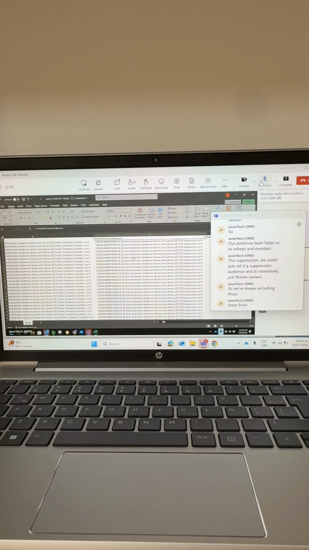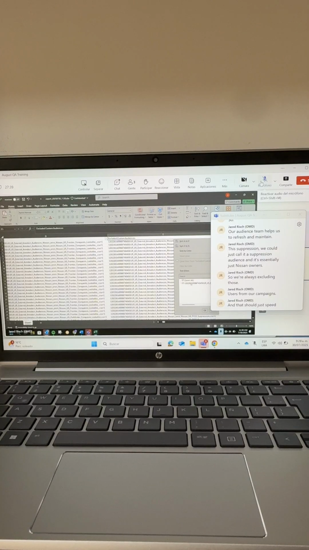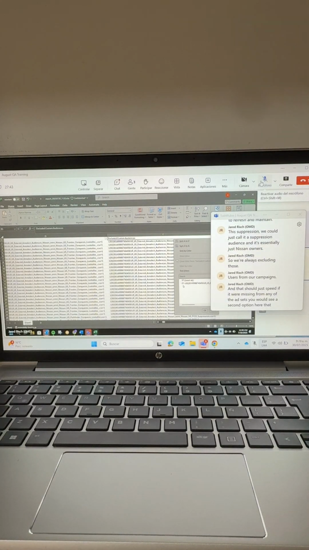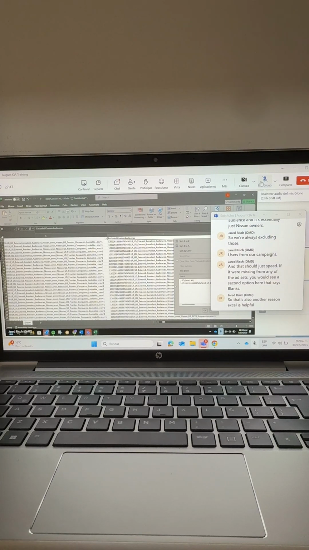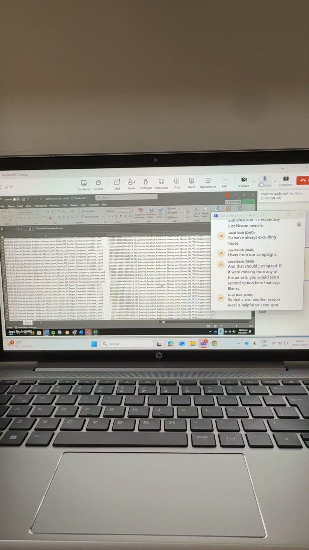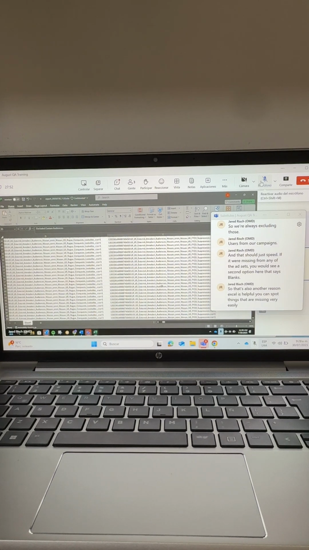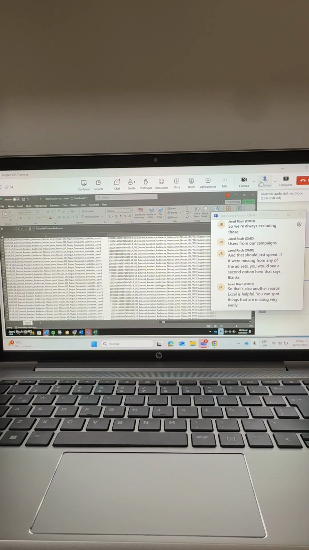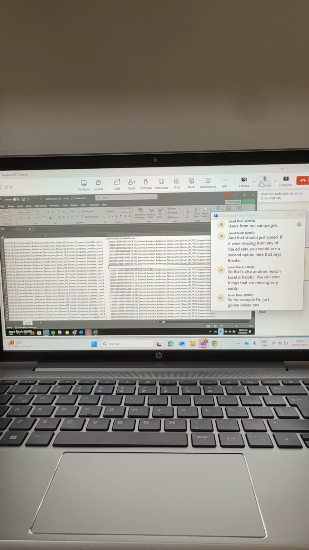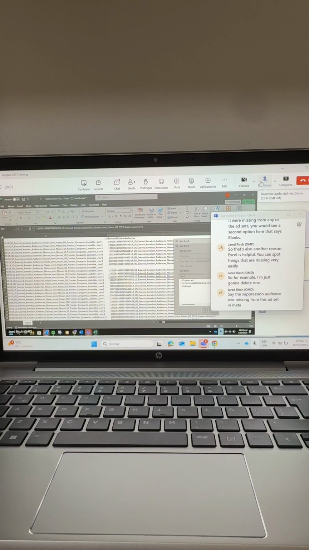If it were missing from any of the ad sets, you would see a second option here that says blanks. That's another reason Excel is helpful. You can spot things that are missing very easily. So for example, I'm just going to delete one. Say the suppression audience was missing from this ad set in Meta. It's easy because now I can see that all of the ad sets have this